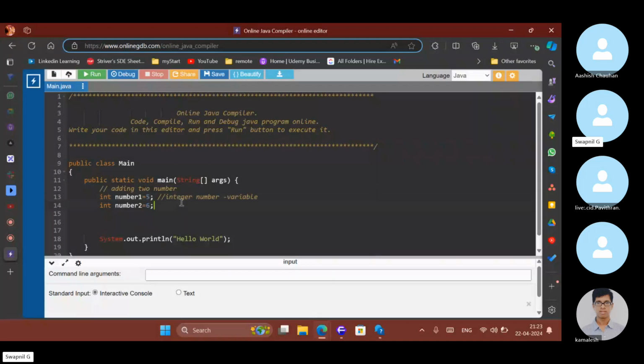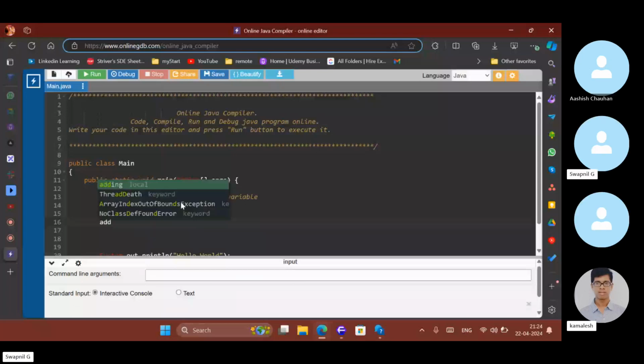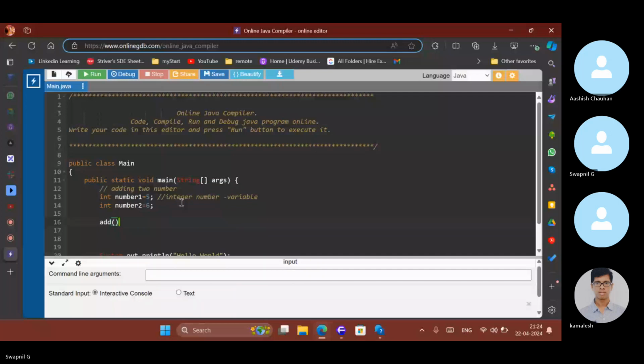Now, can anyone tell, is add a variable or a function? As a hint, see whether it is an action or just a variable. Yes, function. Why is it a function? Some people may say that I am not seeing any action. But the add over here is not just storing a value, it is doing some work.